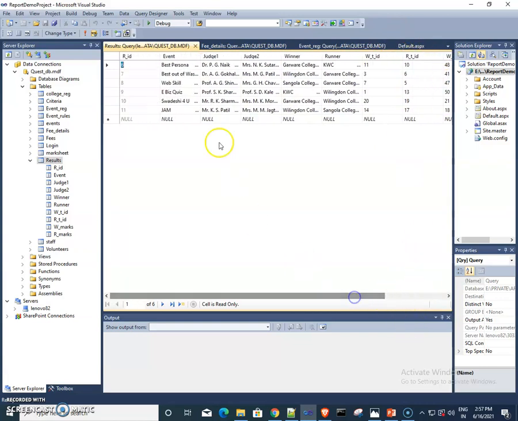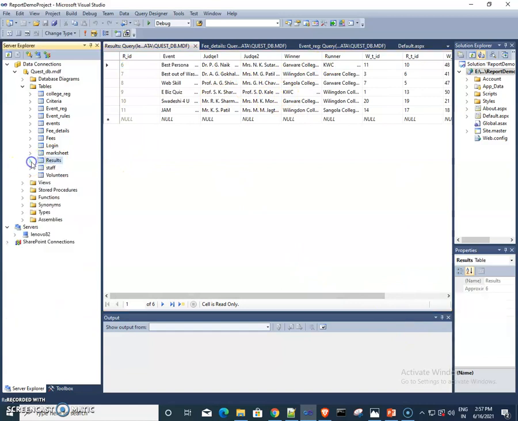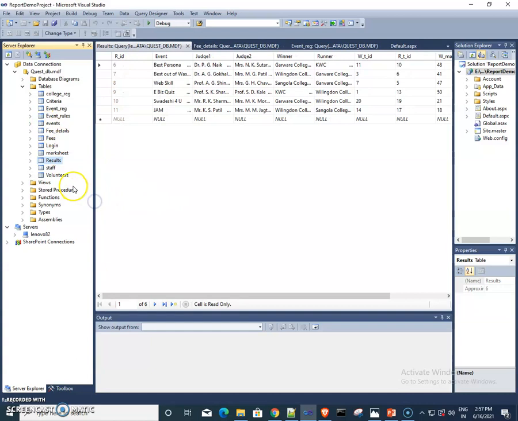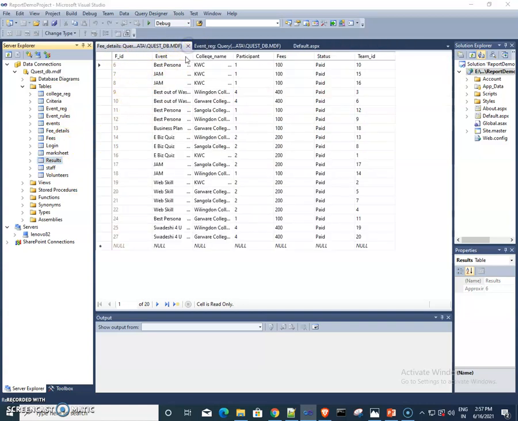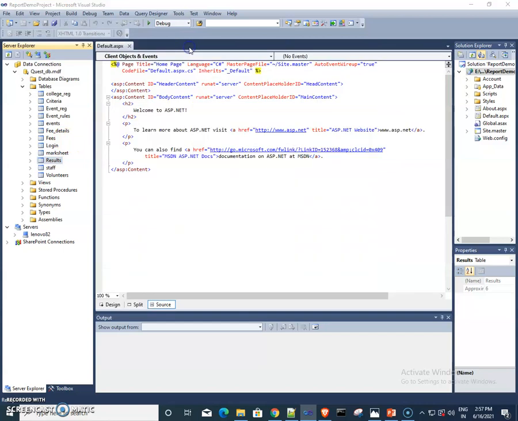So this is table data. Now we are considering one table, and I'm showing how to create reports. If data is already present inside our database, then from this data we can create a number of reports.